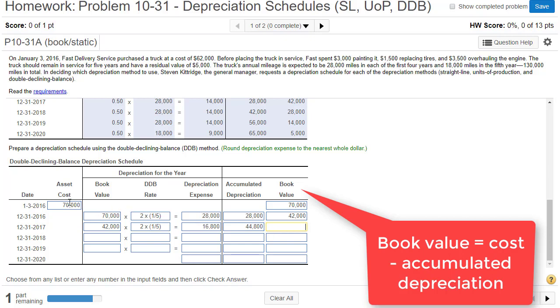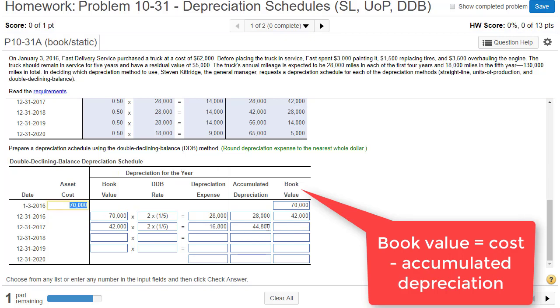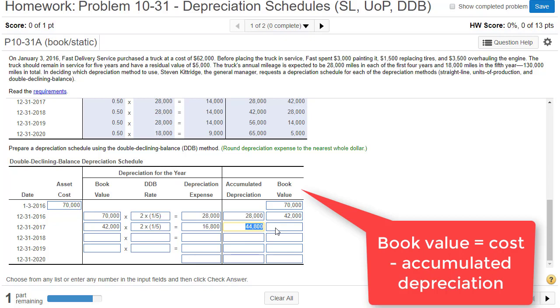Book value is going to be the cost, $70,000, minus accumulated depreciation of $44,800 gives us $25,200. And then we take this book value and it carries over to the book value at the beginning for calculating the next year. And we're still going to multiply by 2, then divide by 5. So 25,200 times 2 divided by 5 gives us